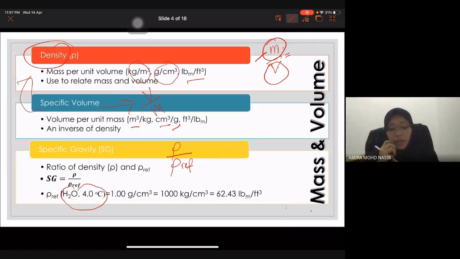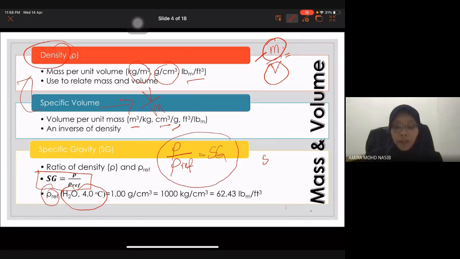The reference is water at 4 degrees C. Okay, that is the density of reference. So these are the formulas that correlate between your density and the density of reference at a certain condition. Hopefully you are familiar with this formula, because sometimes in the final or test questions,